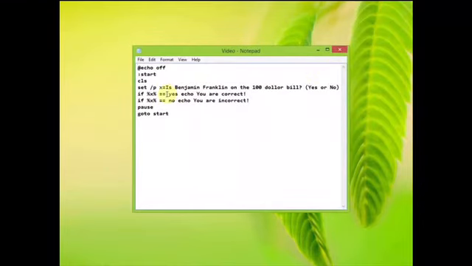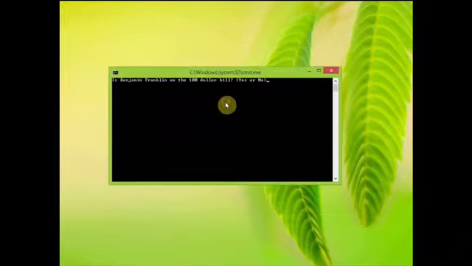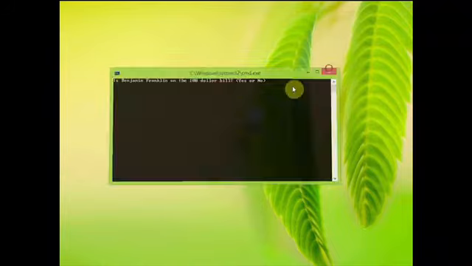If we see over here, it says if x, we have these two equal signs. Instead of these two equal signs, you could put EQU. That's exactly the same thing as these two equal signs. EQU is just an abbreviation for equal to. So if we try that out, if we write in yes, it's going to say you are correct. And if we write in no, it's going to say no, you're incorrect.